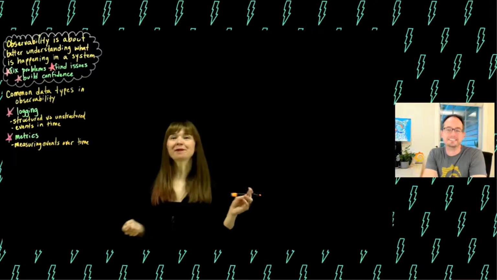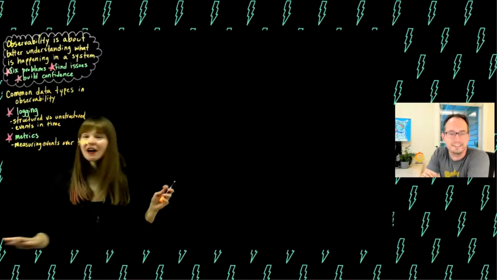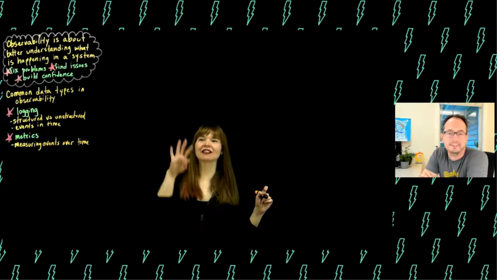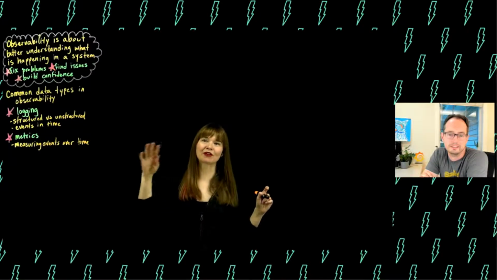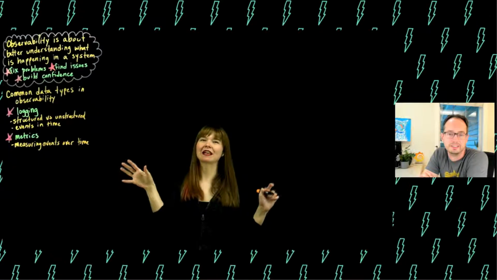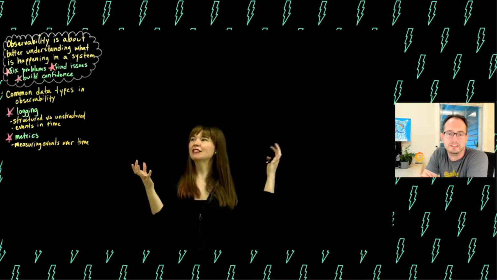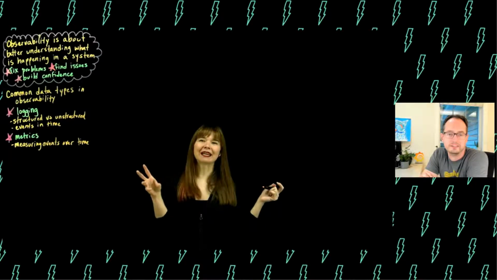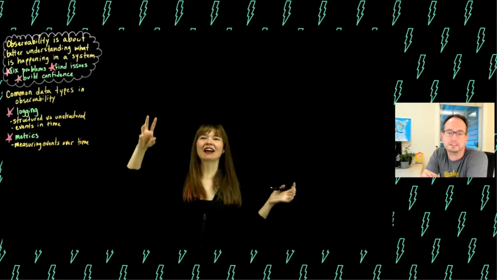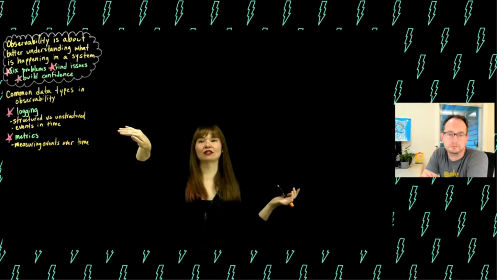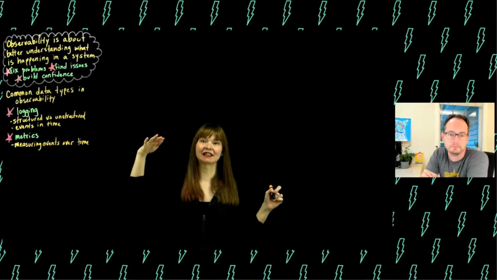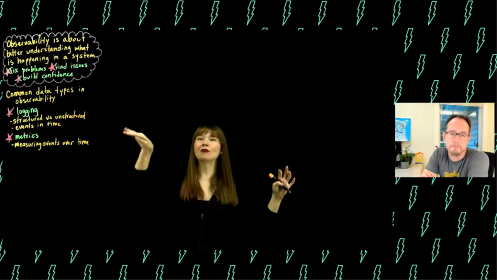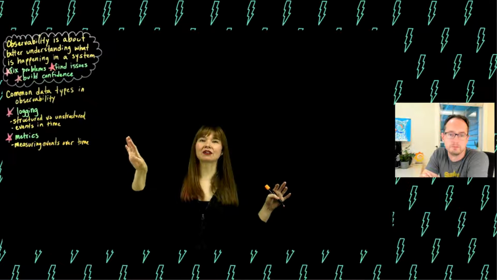There you go. But also, when you said common data types in observability, logging, metrics, and traces have come up over and over again. This I'm familiar with. But when you say data types, what do you mean? I think logging are text. Well, you just said structured versus unstructured. So as simple as a text entry, or maybe structured where it has more data attached to it. What does an actual metric look like?